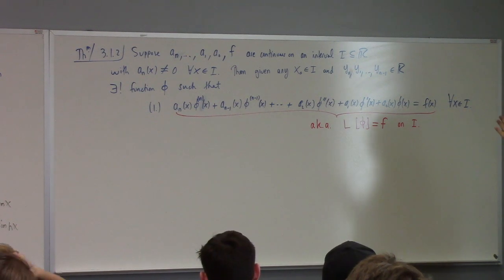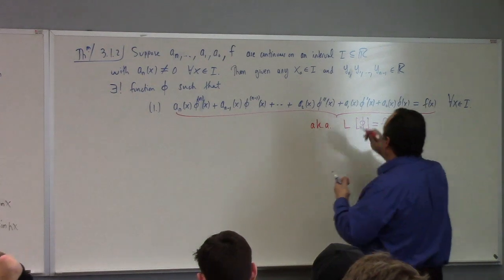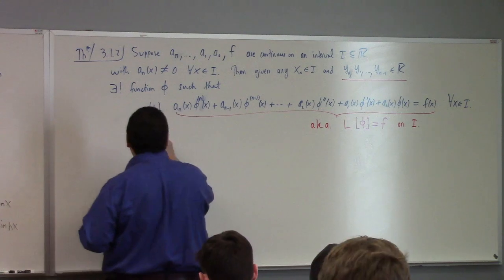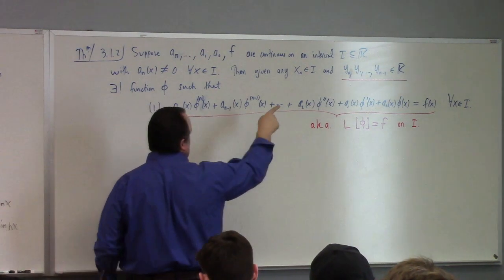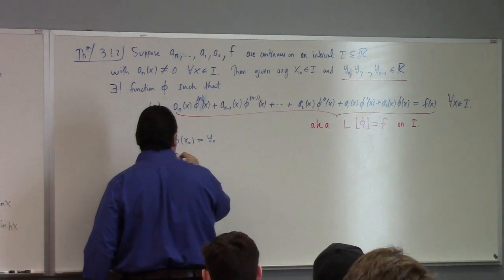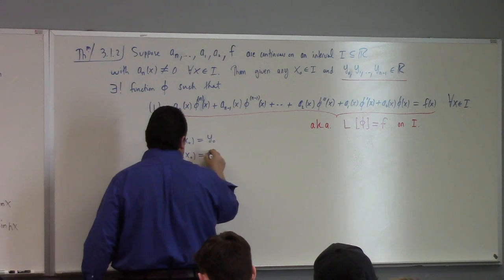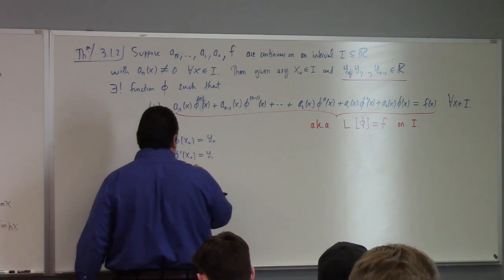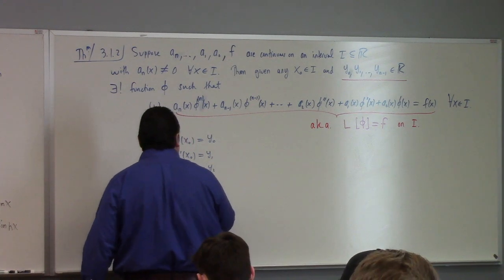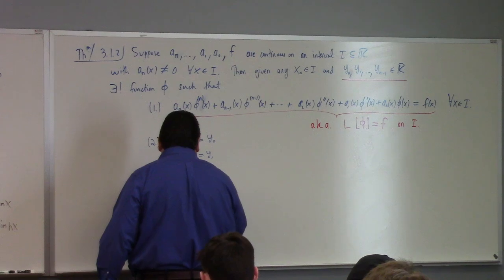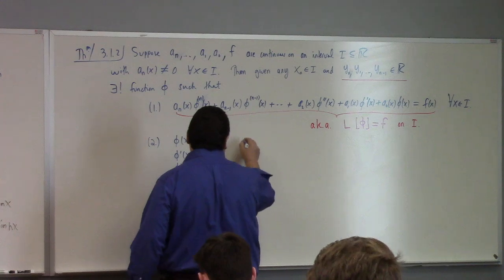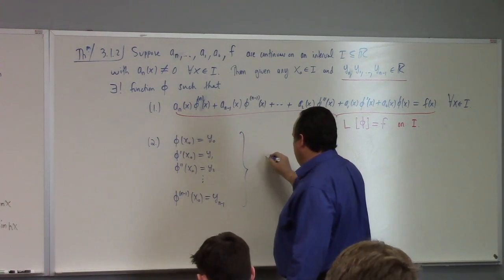That's great. But it's more than that. How about these numbers over here? What do these have to do with anything? Number two, how do those numbers figure in? Phi of x naught is equal to y naught. Phi prime of x naught is equal to y1. Phi prime prime of x naught is equal to y2, and so on down the line. Eventually we get to the (n minus 1)th derivative evaluated at x naught of this solution, and it's equal to yn minus 1. So in words, that is to say,